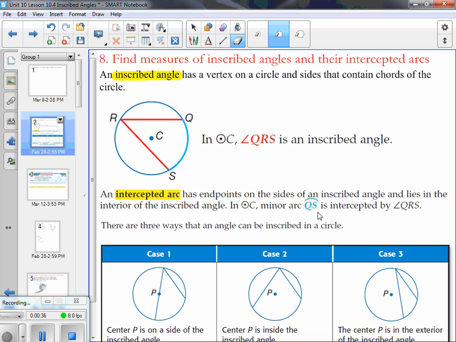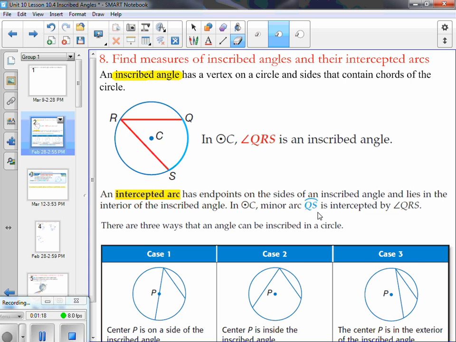On page 709, let's figure out what an inscribed angle is. An inscribed angle has a vertex on a circle and sides that contain chords of the circle. So an inscribed angle is an angle whose vertex is on the circle. Now, contrast that with a central angle. In a central angle, the vertex of the angle is the center of the circle. In an inscribed angle, the vertex of the angle is a point that is on the circle. So in this drawing here, angle QRS is an inscribed angle because its vertex, point R, is a